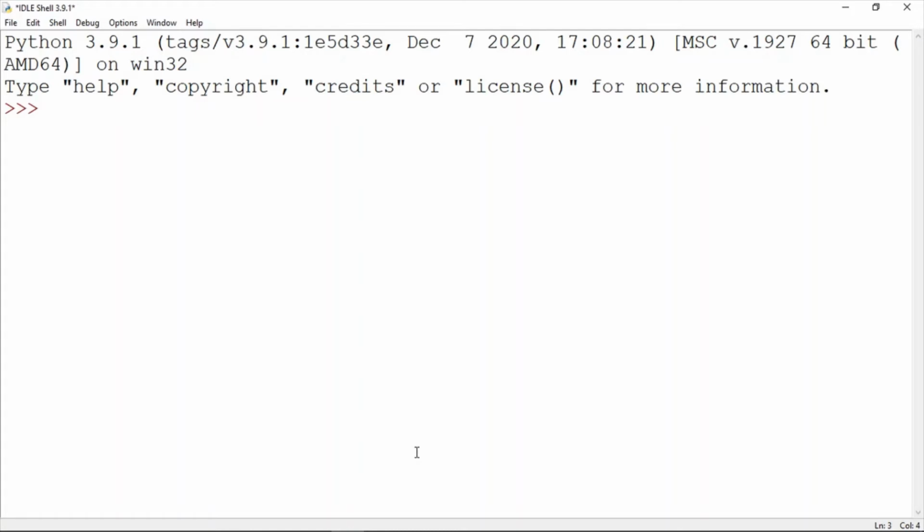Let us suppose we have a list named movie, and inside that list we have some movie names like Iron Man, then we have Ant-Man, and then we have another movie name, that is Three Idiot.